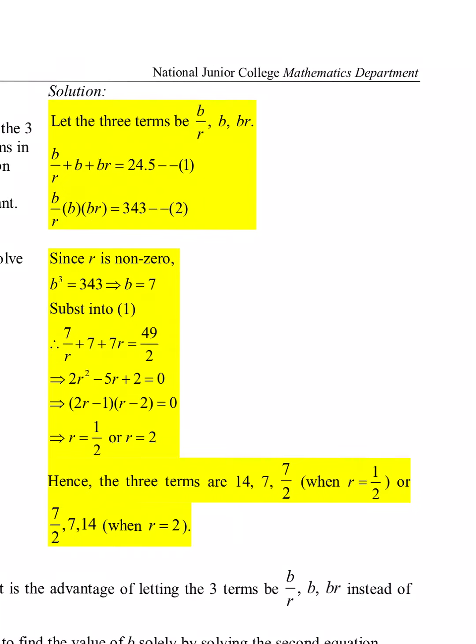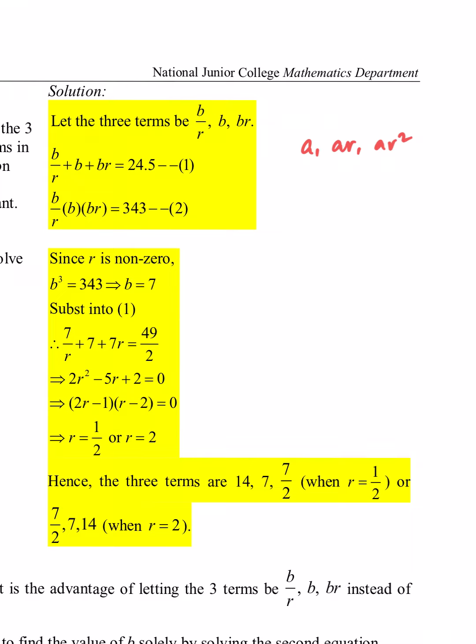In this example, we are given 3 consecutive terms of a GP that have a sum of 24.5 and a product of 343. So this is similar to the example we did for AP earlier during the last lesson. So now we have a natural tendency to write the 3 consecutive terms as A,